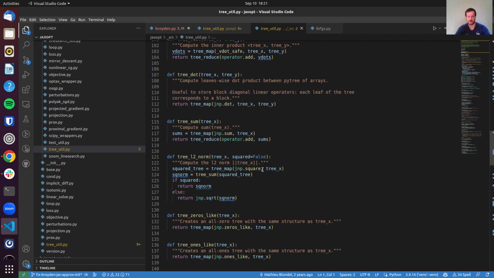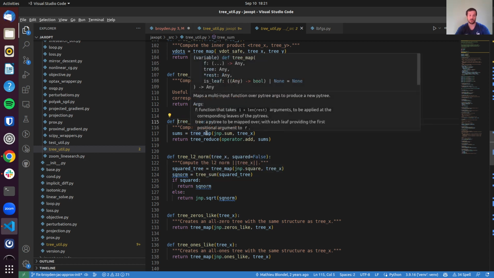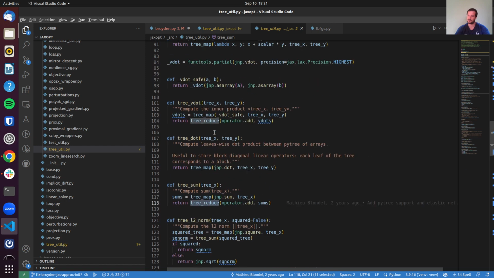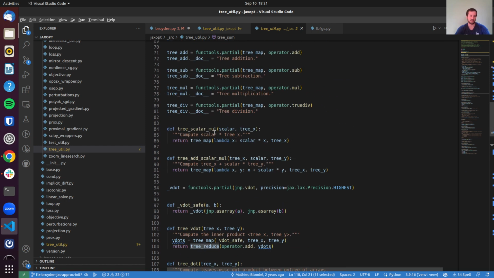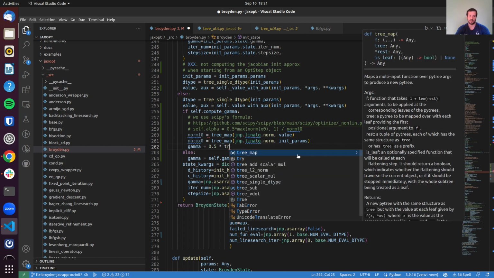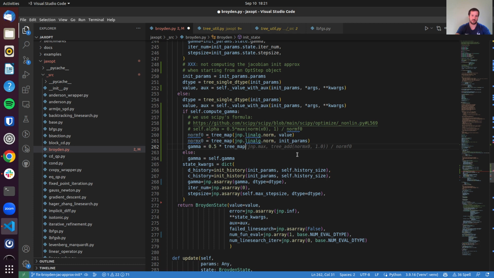Yeah, see, it maps and then it does. Yeah, it reduces. Tree sum reduces. I don't want to reduce. I just want to map. I want to take the norm, not of the full vector. I want to take the norm per leaf. And so here again, I'm going to do tree map